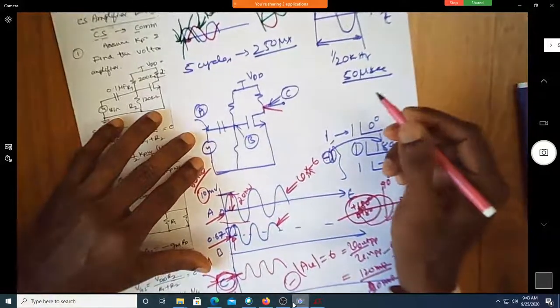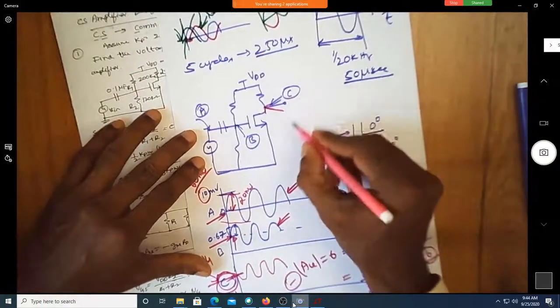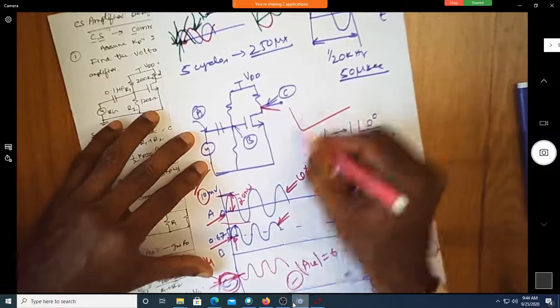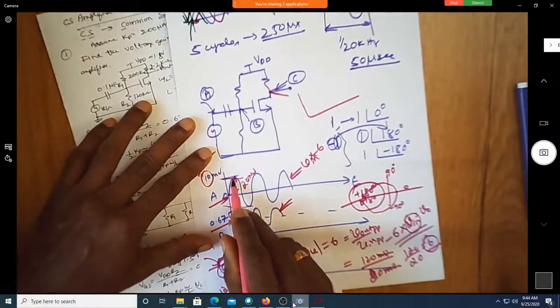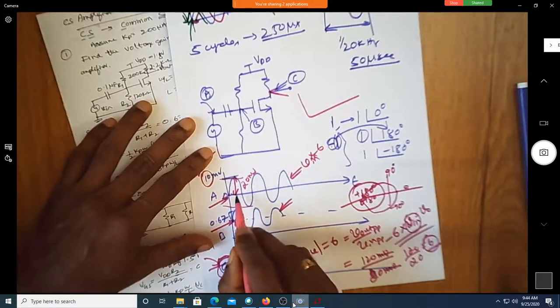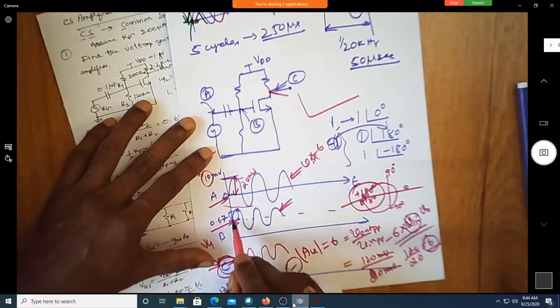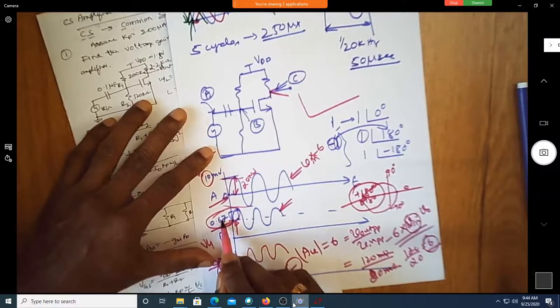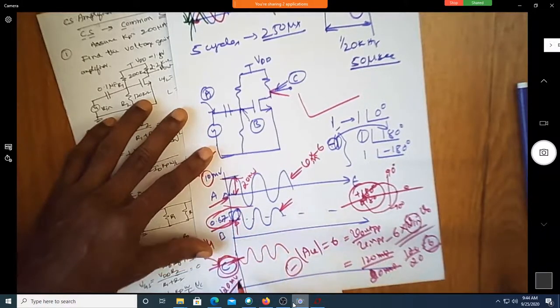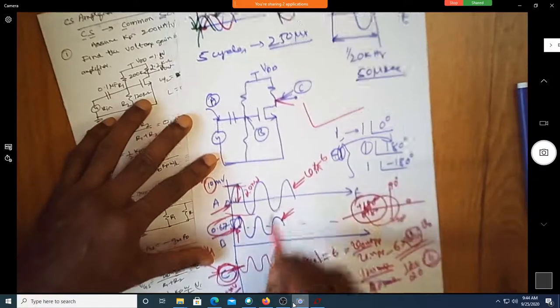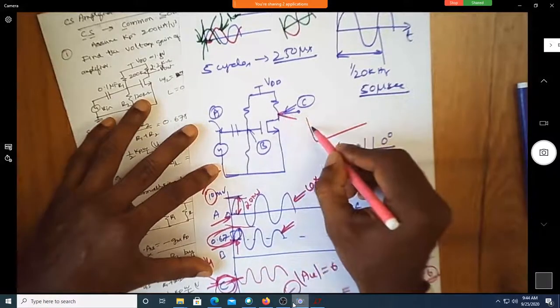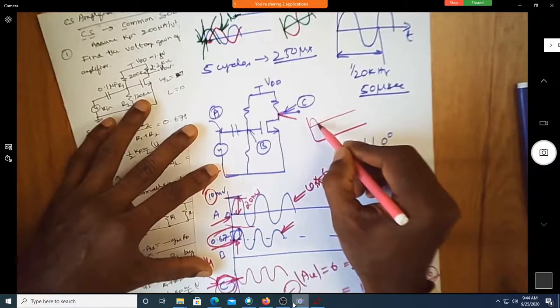At 120 milli? No. What I'm asking is, because here it was swinging around 0, am I correct? Yes, sir. This is around 0, it was going above and below. This was swinging above and below 675 millivolt. Now my question is, where is the waveform at C swinging around? At V out, sir.